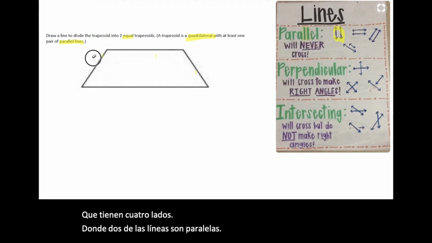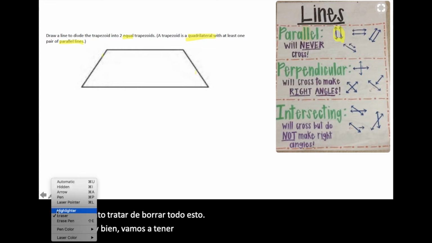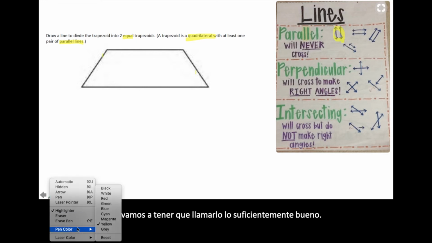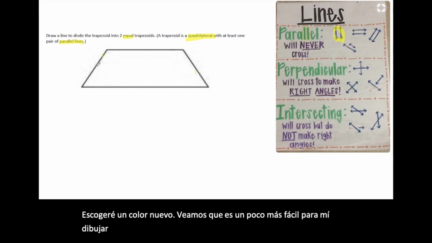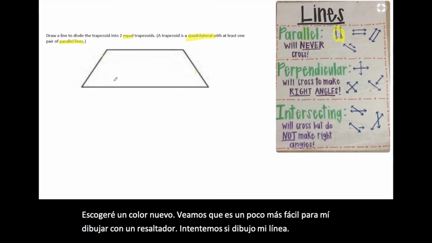So let's see. Sorry, trying to get this all erased. All right, we're just going to have to call that good enough. I'll pick a new color. All right, let's see. It's a little easier for me to draw with the highlighter. So let's try. If I draw my line here,